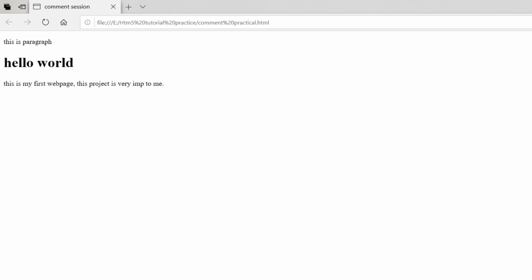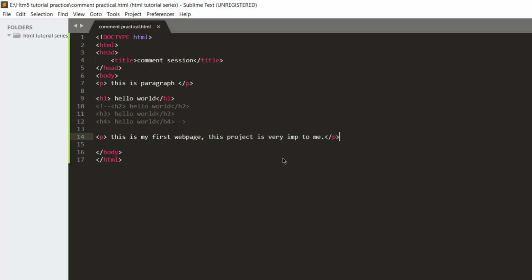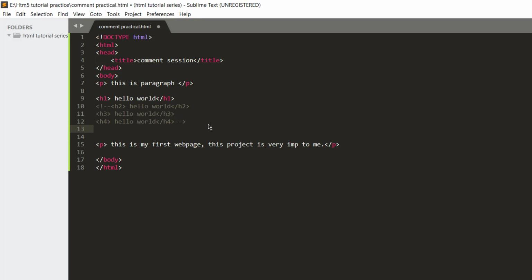So I'm going to remove that paragraph, but not by deleting it, because in future I might use my web page again, or maybe I'm going to make some changes to my web page. I need some direction on what I did, so for that spot I needed some information, and that information helped to improve my web page, right?